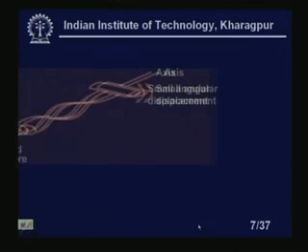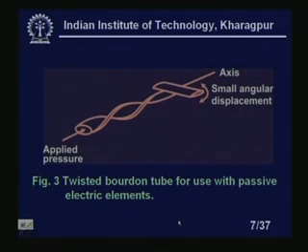Let us go to the next one. Okay, this is another one. You see, this is basically an axis of small angular displacements. This is a twisted Bourdon tube. Instead of the C type Bourdon tube, we have a twisted Bourdon tube. What will happen if I apply pressure? This side will try to move. Again the same principle: it is an elliptic or oval shape, and it will try to become circular. So this will be rotated. This way I am also getting a small angular displacement that can be amplified mechanically to get the output, right. This is called the twisted Bourdon tube.